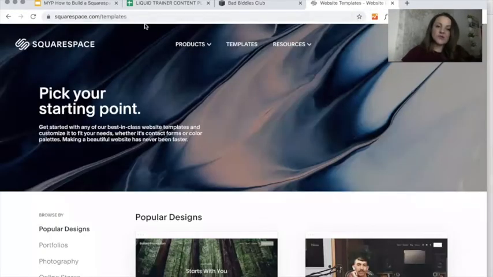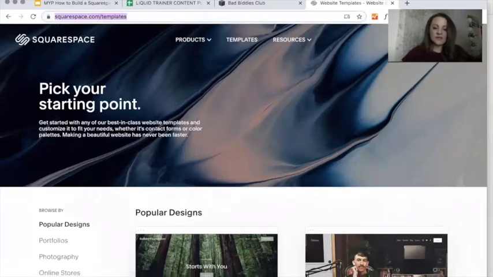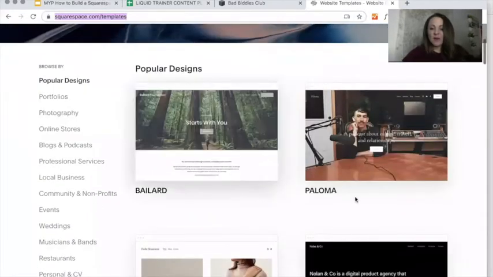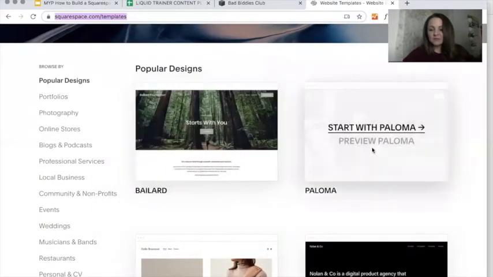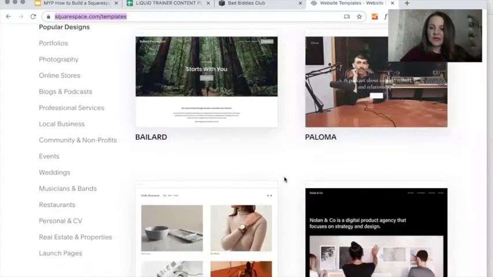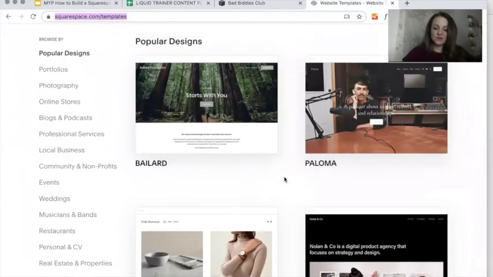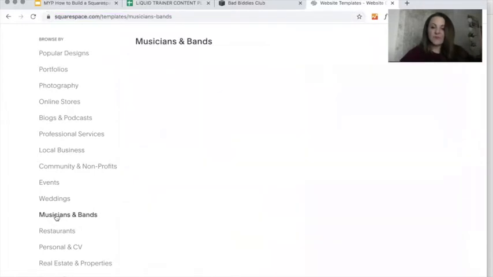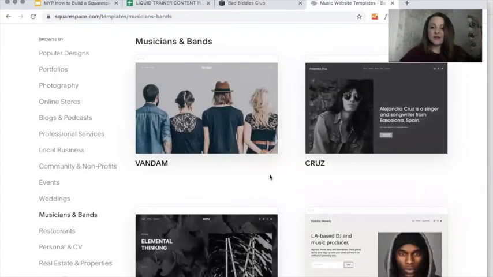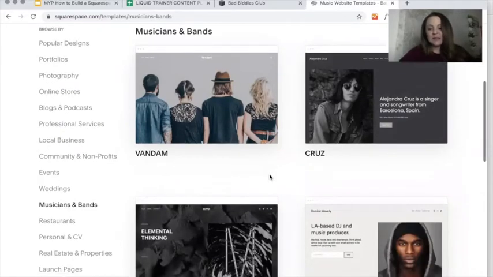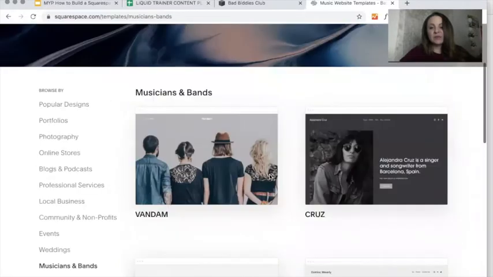So when you come to squarespace.com/templates, it gives you some ideas of popular designs that people are using. You can see the different uses that might be interesting for each one of these. You can also go through here and select musicians and bands or professional services, whatever you may be interested in doing for your website. We're using the music industry as our main example today. And so we're going to click into musicians and bands